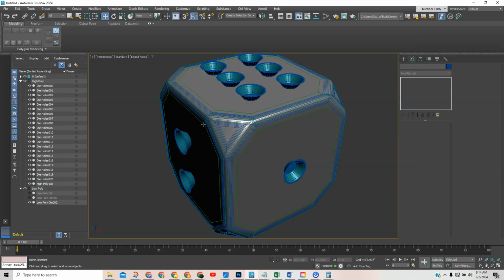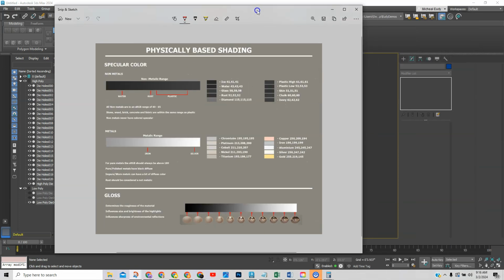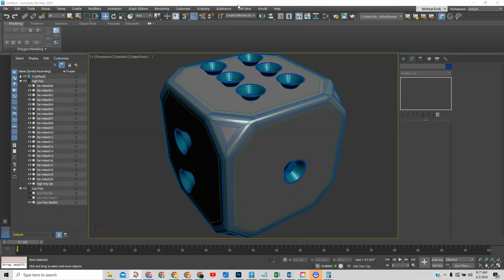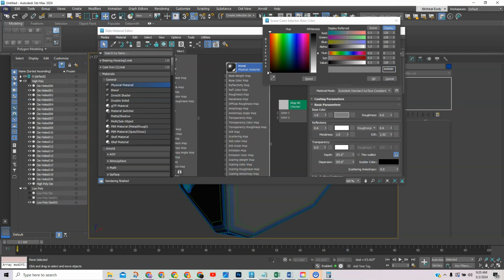And then we want to do color. Okay, now I have a metal chart here, which tells me what colors different kinds of metals are. Copper, iron, aluminum, silver. I think I'm going to go for nickel. Okay, so my die is going to be made from nickel, which is 211, 203, 190. So what I'm going to do is go File, View Image,